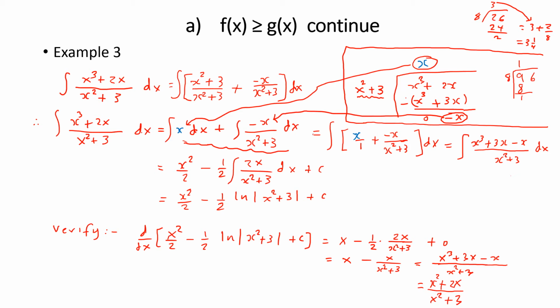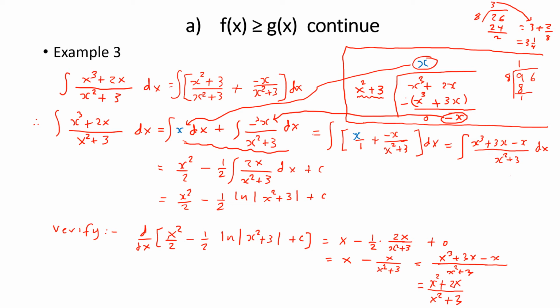So if we put 2 over there, then the numerator will be the derivative of the denominator. If we put 2 over here, then we will have 2x. 2x is the derivative of x squared. So since we have 2 on the top, we put it right here. And to make sure that we're not changing the problem, we multiply by half, because 2 will double the result of integration. So we multiply it by half. And since it is negative x,